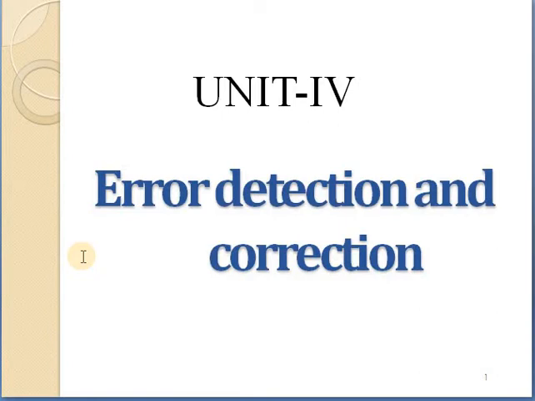In the stop and wait technique, the sender sends a single frame to a receiver and waits for an acknowledgement. That means at a time only one frame can be sent in this technique, and the next frame is sent by the sender only when the acknowledgement of the previous frame is received. This process of sending a frame and waiting for an acknowledgement continues as long as the sender has data to be sent.